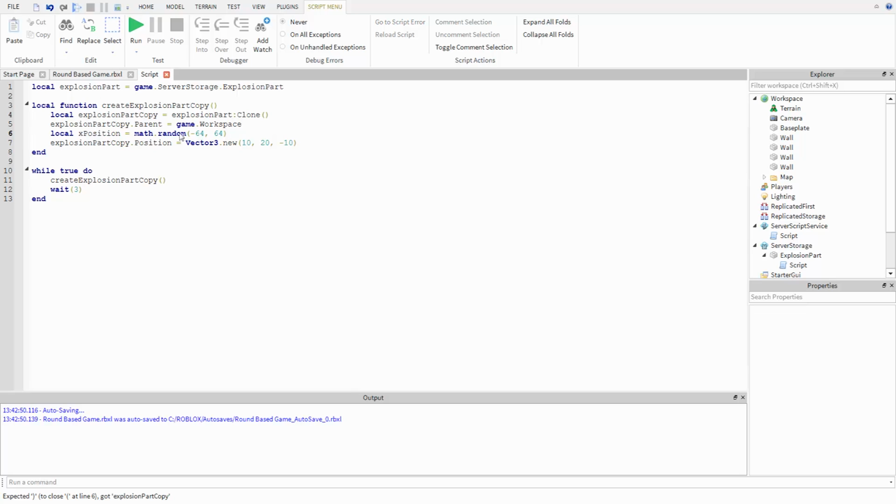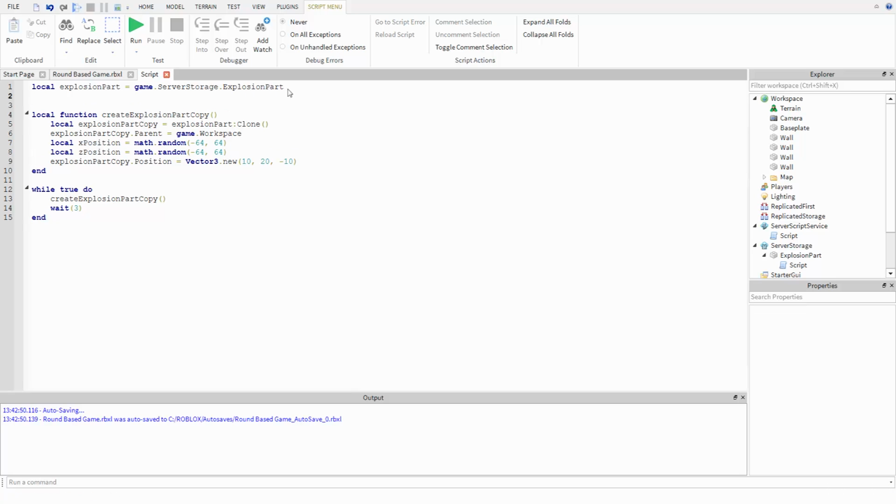Now every time this math.random function runs, it's going to pick a number between the 2 values that you put in as the arguments. Now let's do the same thing for z. I'm just going to put it into a new variable. Now for y, I don't mind the part starting from the same height every time. So just at the beginning of my script, I'm going to make a variable for the drop height, and I'm going to just set it to 100.